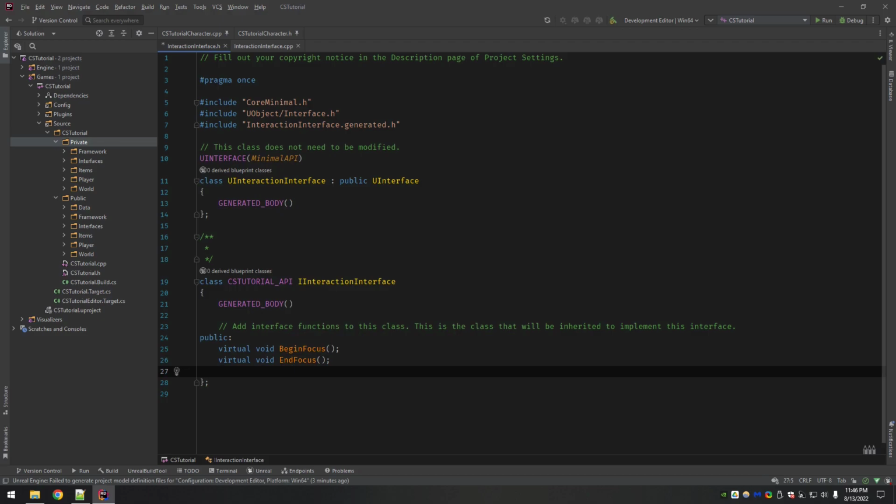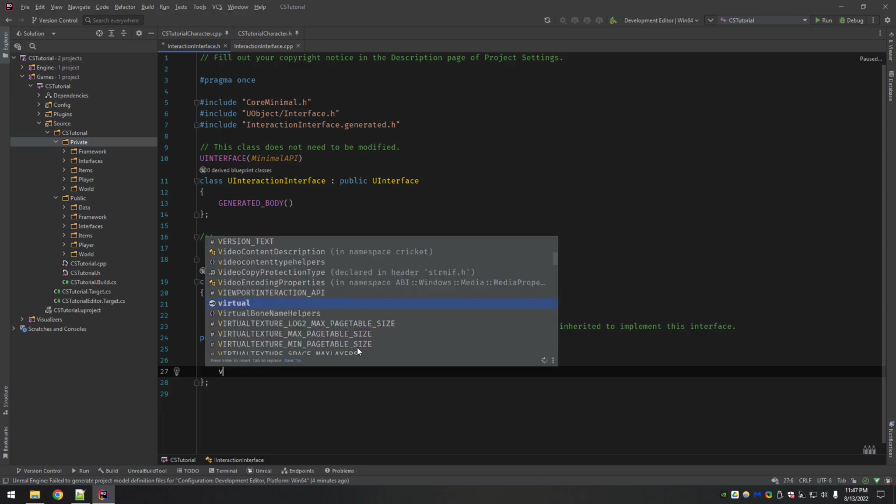Then once we are focusing on something, now we say we push E or whatever our interaction key is. So now we want to actually begin our interaction. Now we could just do interact by itself, but I'm going to implement timed interactions. So it's very common in games. You walk up, it's like hold button to do something, like a door, or a container, like hold E to open, and it waits like a second or two.